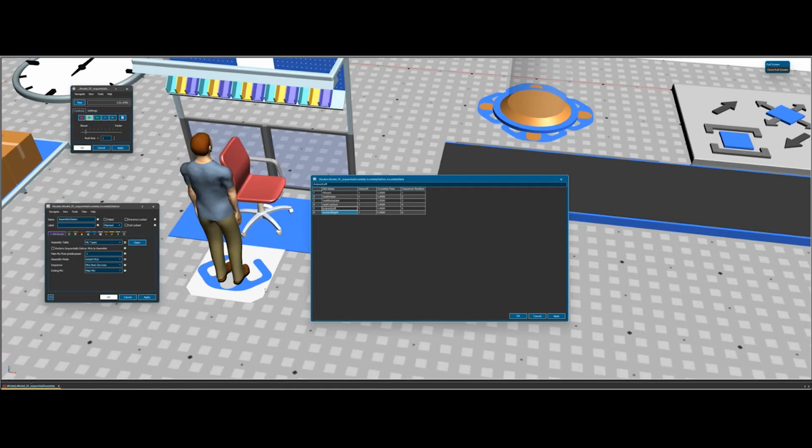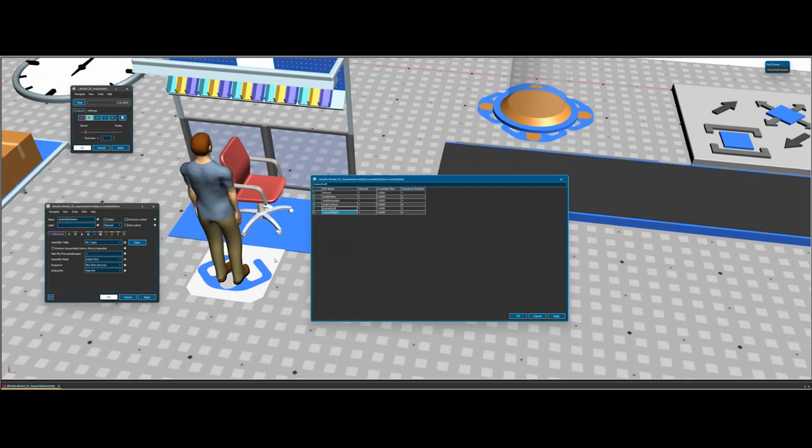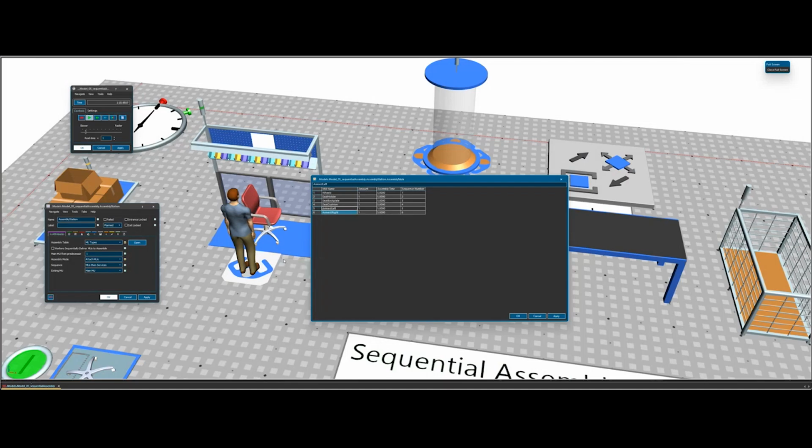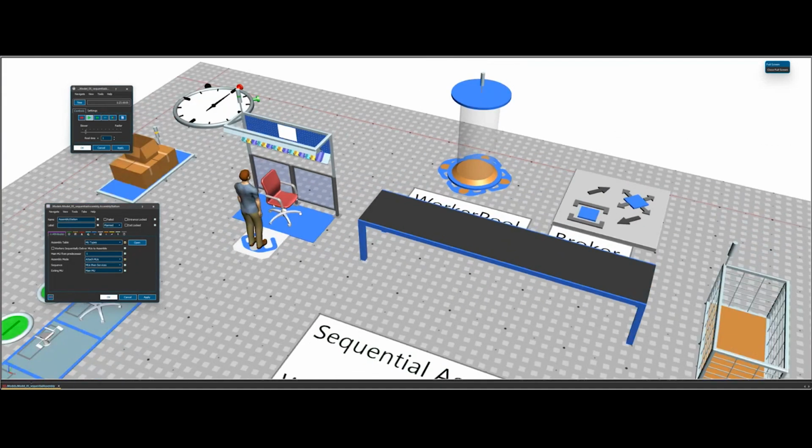After each part he has brought to the assembly station, he has to spend 5 seconds assembling this part before he can proceed to work on the next part. And then at the end, he could have some total final assembly time to finish up the whole product.